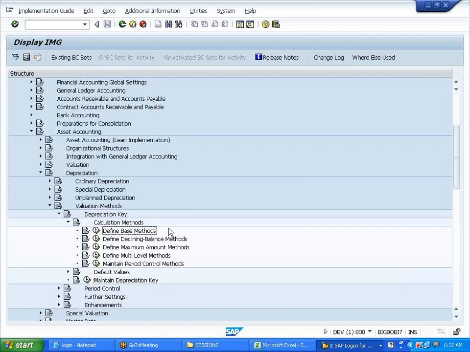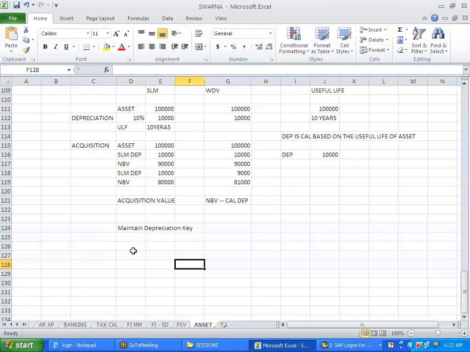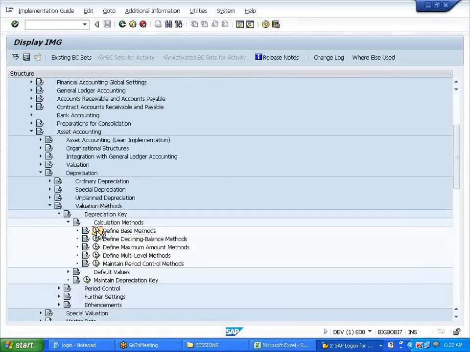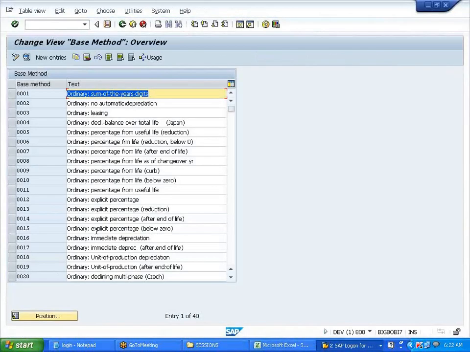First is define base method. In the base method, you are specifying how the depreciation should be maintained.